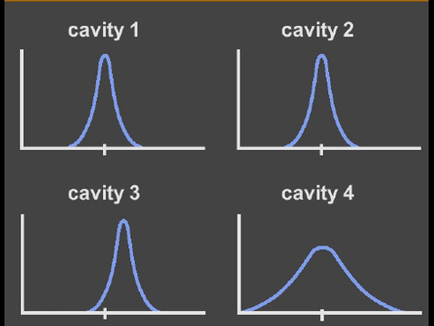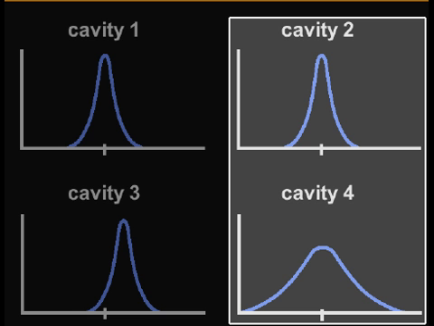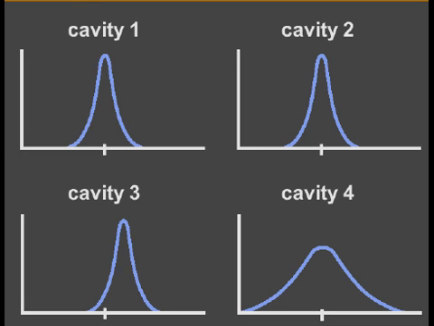To establish an SPC program for this part, we must take measurements of parts from each cavity and plot them on separate charts to see if there are differences. The part dimensions from each cavity could have a different average or a different spread. If changes between cavities are occurring, we must find and correct the cause before we can